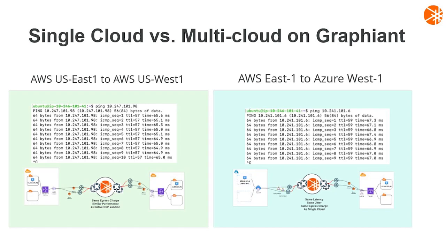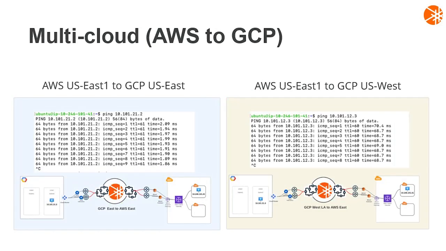We also look at AWS connect to GCP. So AWS East connect to GCP East. It is 2.0 milliseconds. Yeah, 1.9. Actually, it's 1.9 right there because the first one is always slower because there is router lookup. So actually, it's under two milliseconds. And from AWS East to GCP West,